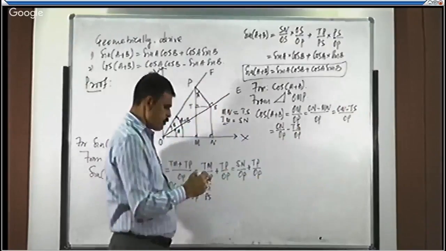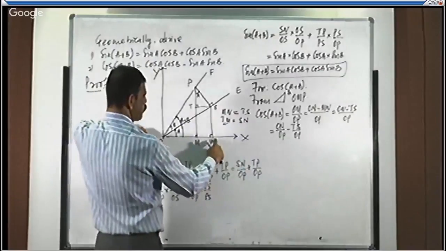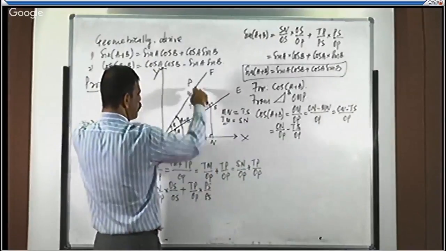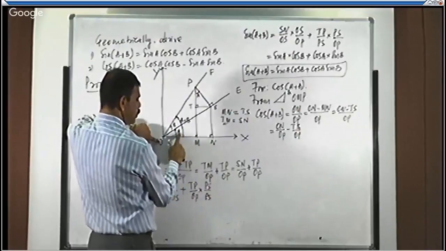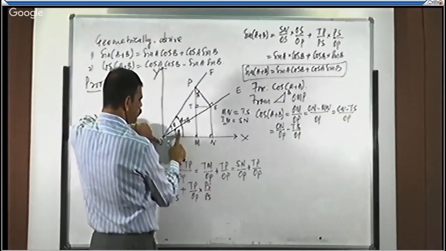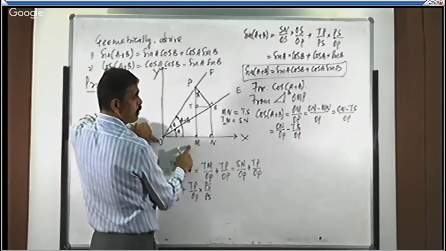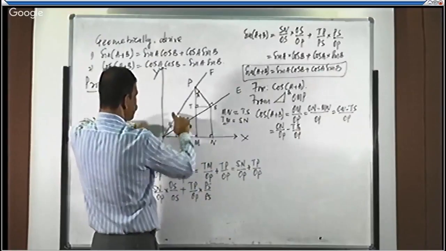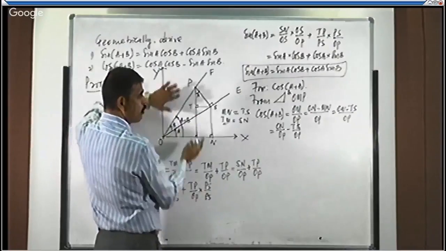With this ratio, we don't get anything. See, ON is what? This one. OP is what? This one. There is no link at all. So ON is nothing for angle, sorry, it is adjacent side for angle A, nothing for A plus B. Okay. OP is what? It is hypotenuse side of angle B, nothing for A. There is no link at all.